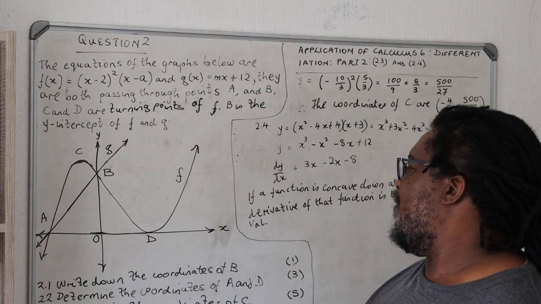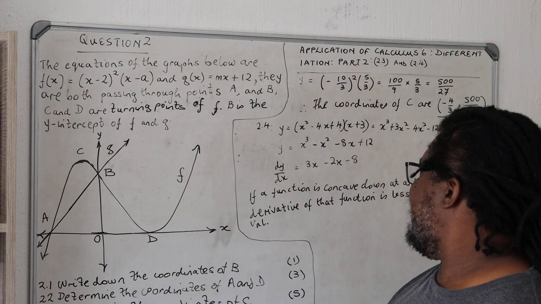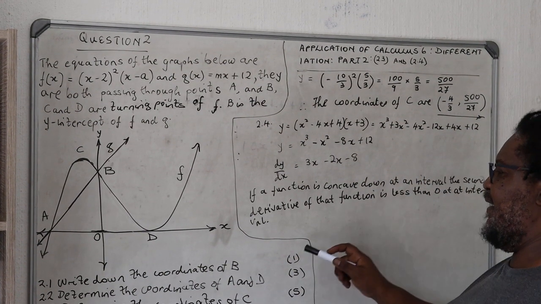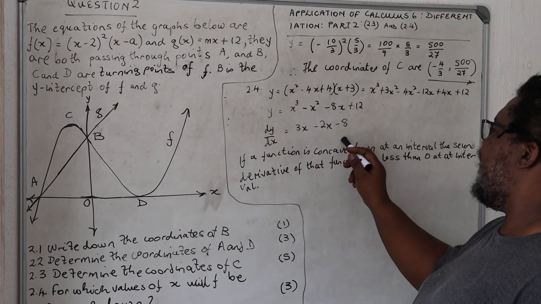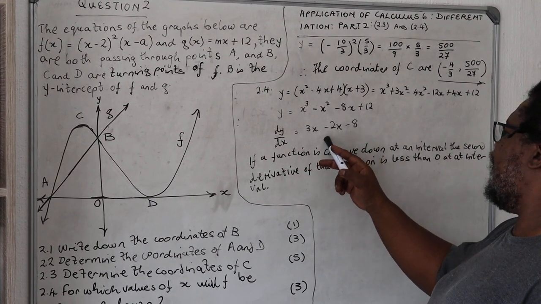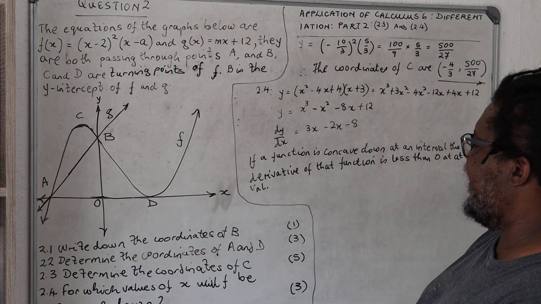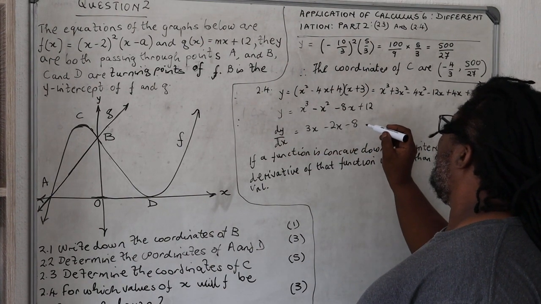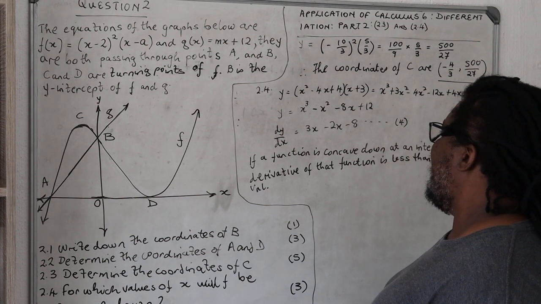But however, to know the intervals on which the concavity is said to be down, you need to find the second derivative of the function, and then you calculate for which values of x the second derivative is less than 0. So from our previous question 2.3, we said that this is our equation 4,